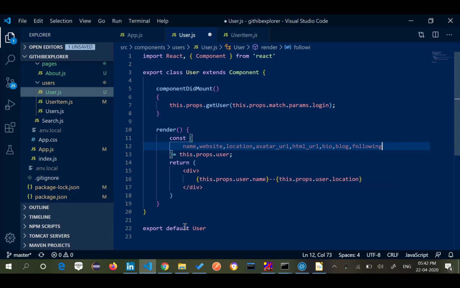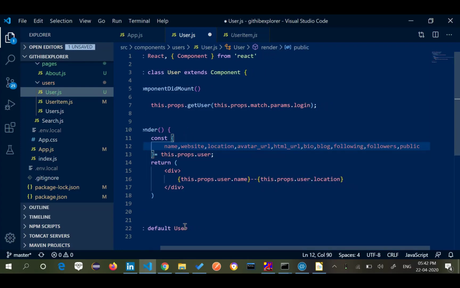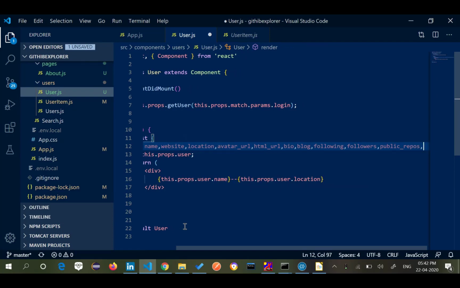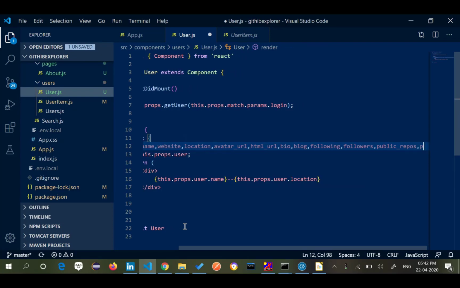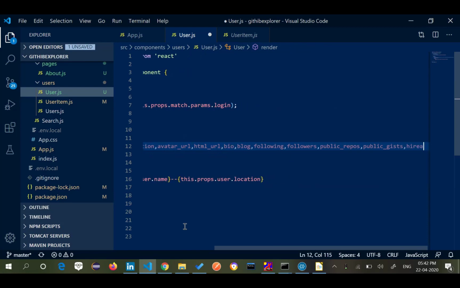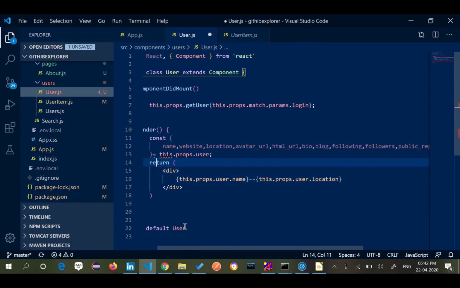So following, followers, public_repos, public_gists, and there is one more called hireable. So are you available for hiring or not? So what I've done is equal to this.props.user.